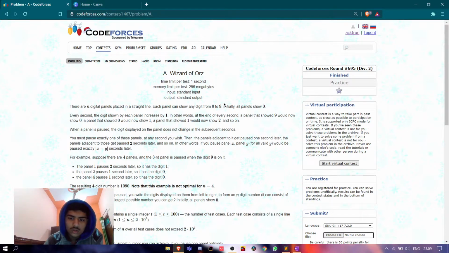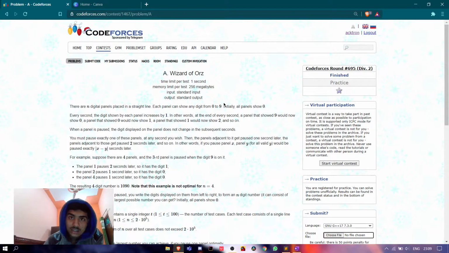So suppose all the panels are at 0. After 1 second, all the panels will increase by 1, so they will be 1. After 2 seconds, they will be 2. After 3 seconds, they will be 3 and so on. At 9 seconds, they will be 9.